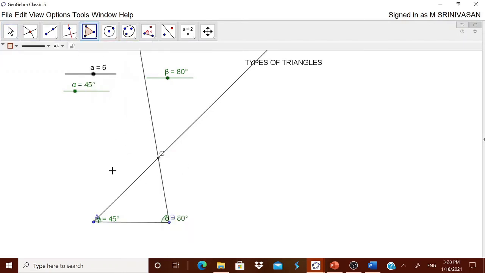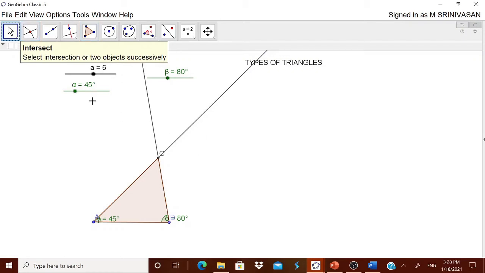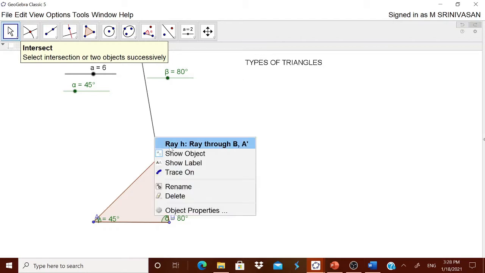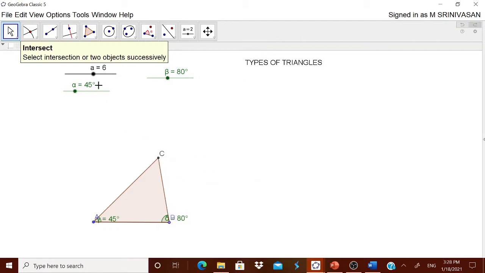Now you complete this triangle A, B, then C and then A. You can complete it now. You can remove these rays now, show the object. You are hiding it actually, you are not removing it. Show the object. Now when I change it, it changes. When I change it, it also changes. When I change this, it also changes. There won't be any problem. I am keeping it like this. This I am bringing inside.